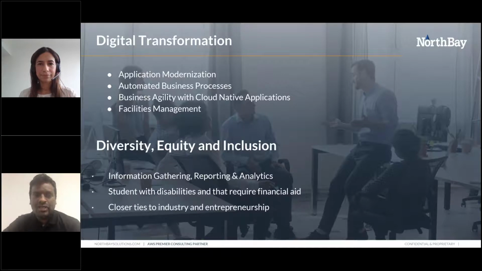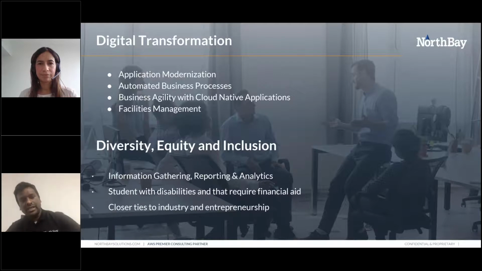So all the capturing of the information, all the data collection process, all the reporting process, all the analytics process, they may have some basic stuff currently, but this is an area where there's a lot of innovation happening, and these are probably the net new projects, right? Where different institutions are adopting. And along the same lines, some institutions are also trying to build themselves, or they're looking into these marketplace products or partners who already have these solutions.